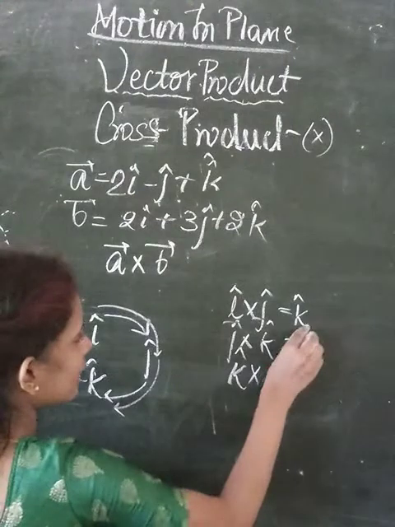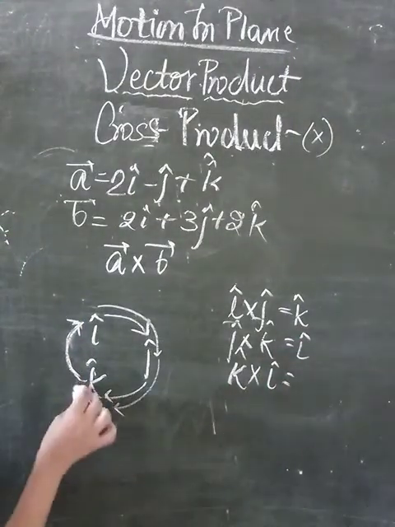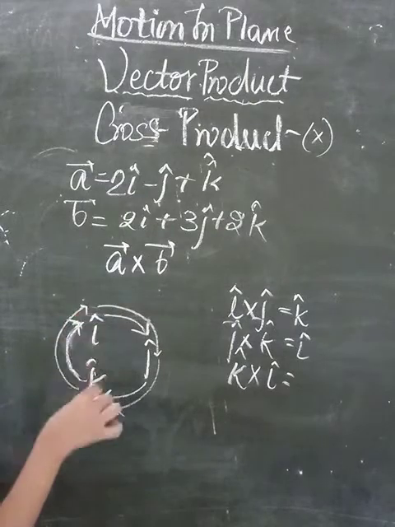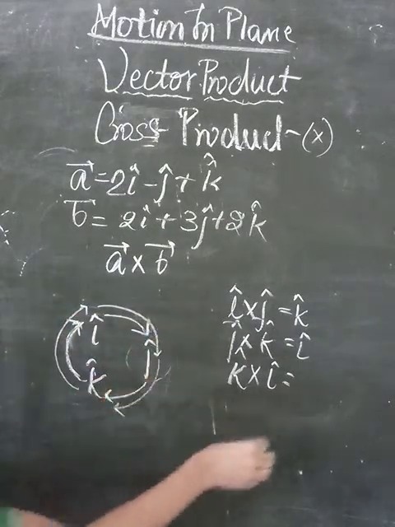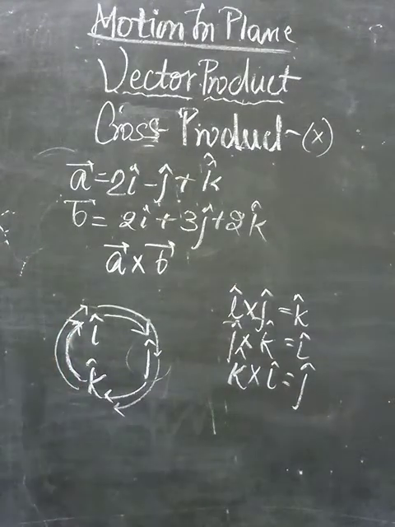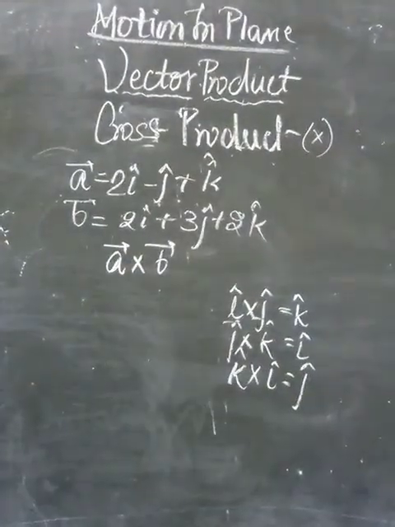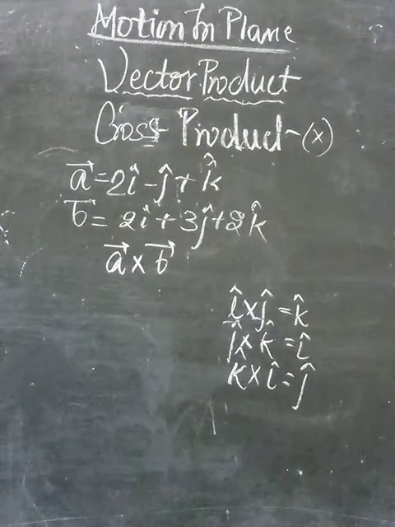So what can we write here? i cap. And if you are multiplying k and i, then the product is given by k cross i. The remaining vector is j, so we can write it as j. But if we go against the direction of this cyclic order, the value will be negative, that is, the direction is different. If the direction is opposite for a vector quantity, then it is given a negative sign.